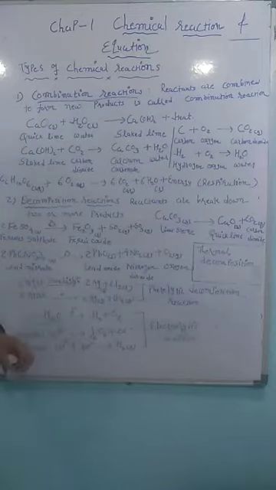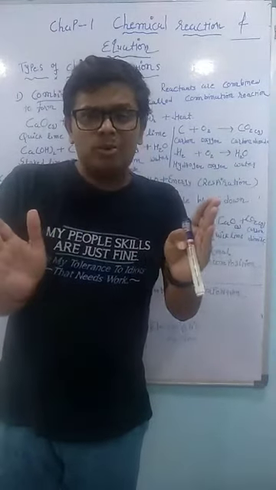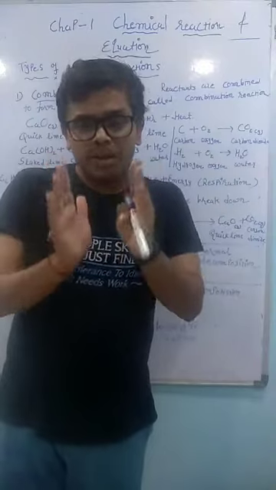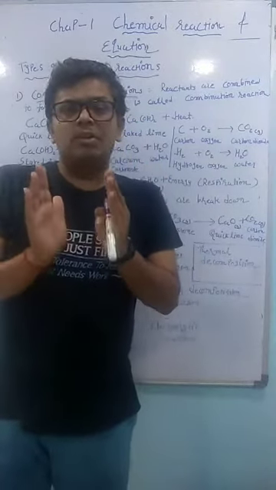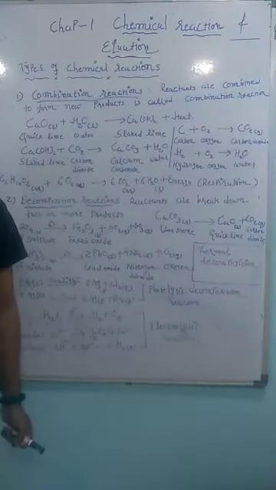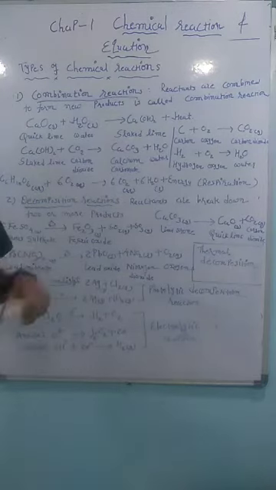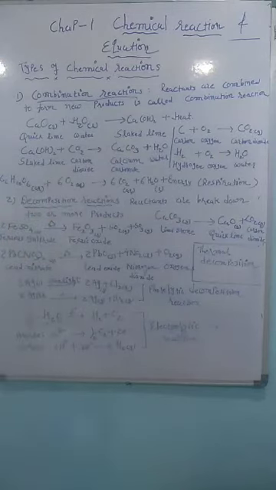The second type is called electrical decomposition. Decomposition means we break down the molecule. When we break down the molecule by passing an electric current, that type of reaction is called the electrolytic reaction. So first we will learn about the decomposition reaction. Decomposition reaction means a reactant breaks down into two or more products. First here we have many examples of thermal decomposition reactions. So here we have ferrous sulfate.